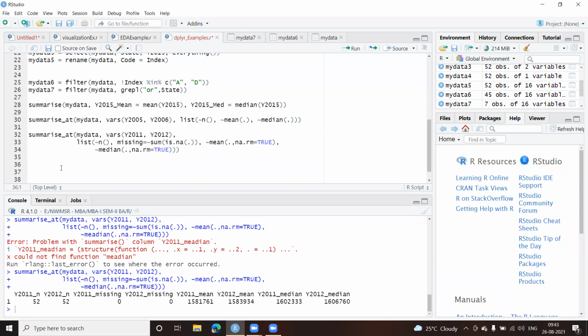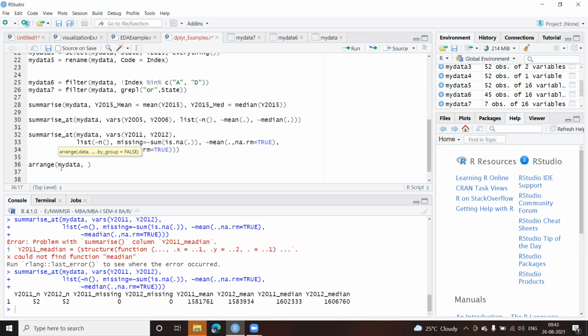Now, there's a function called arrange, which is used for sorting your data. By default, as you know, whenever you sort the data, it is in ascending order. So I'll give you a simple example of the arrange function. I can give arrange, in round brackets, my data, comma, and the variable on which I want to sort my data.